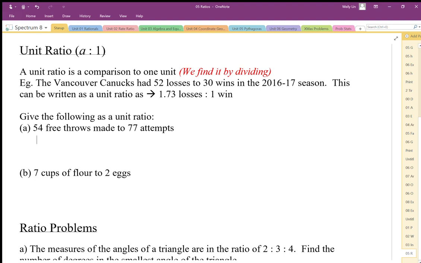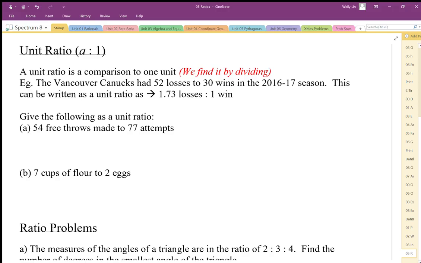So a unit ratio is when we make a ratio compared to 1. Now this is something that we've actually dealt with before, and it's very important because it is the same as a unit multiplier or a multiplying factor. Okay, so when we find out our unit ratio, this is very important because we can use this to solve